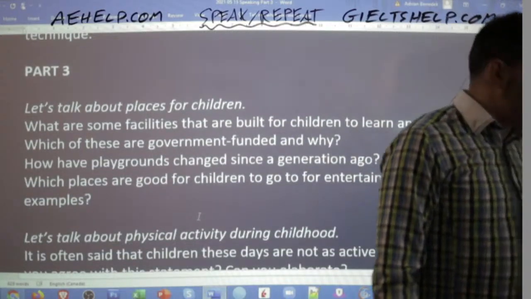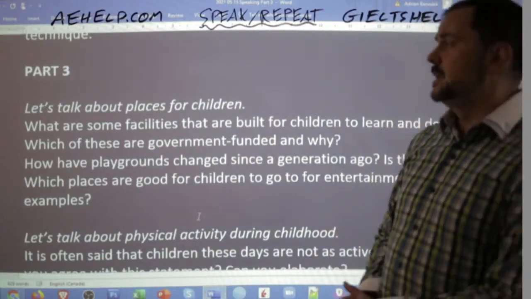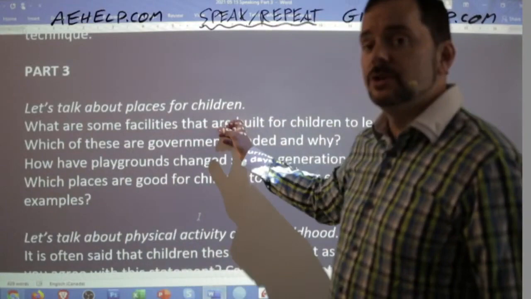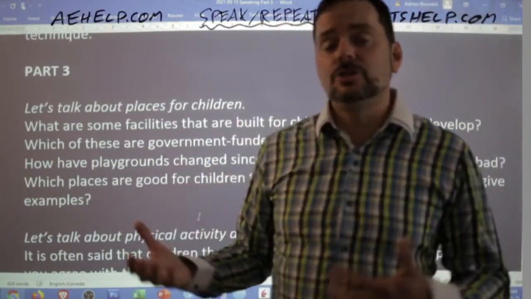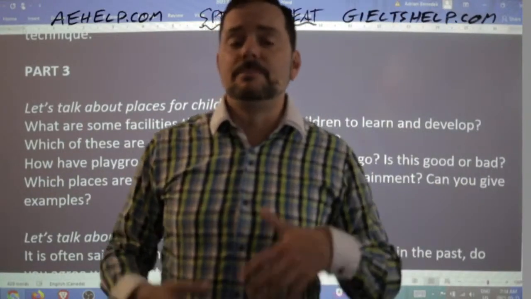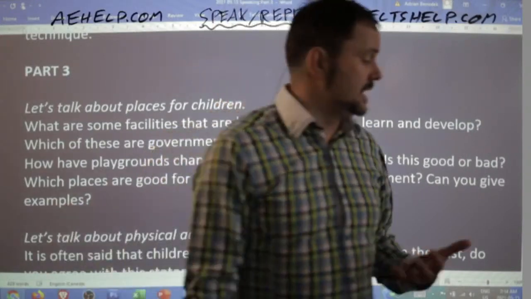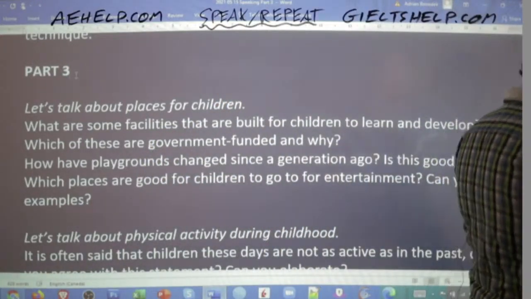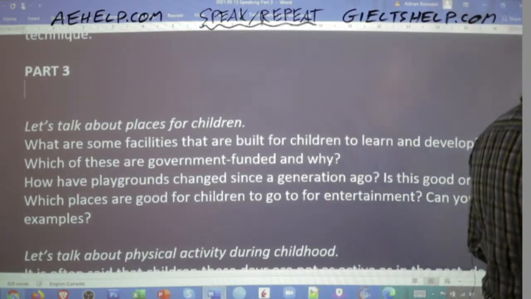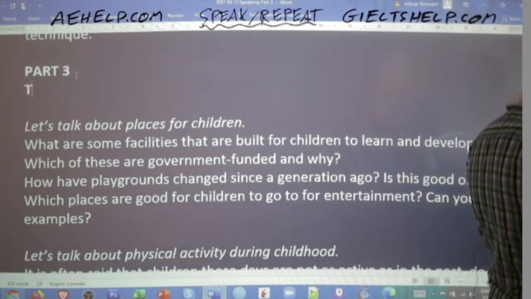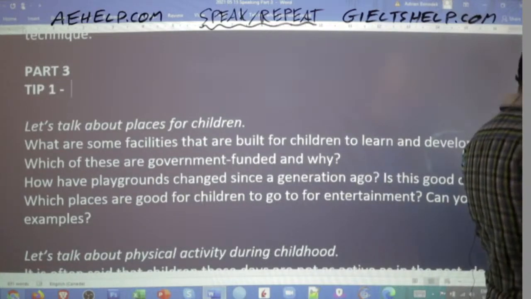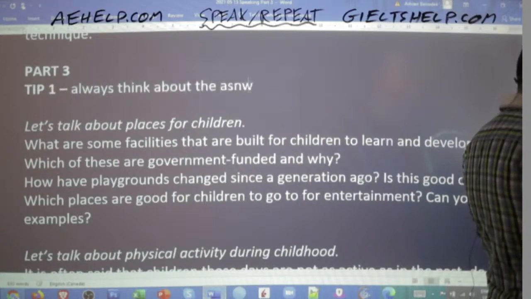So now the examiner will say, okay, let's talk about places for children. Why? Because part 2 was about a place that you went to often as a child. So now for part 3, to get that high band score, okay, just a couple of tips as we get into these questions. So tip 1, okay, is always think about the answer,